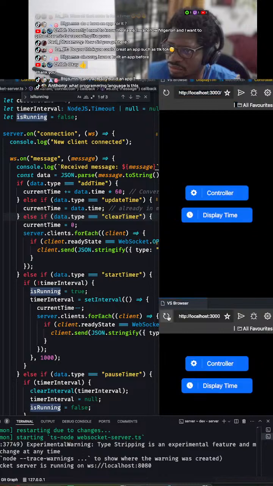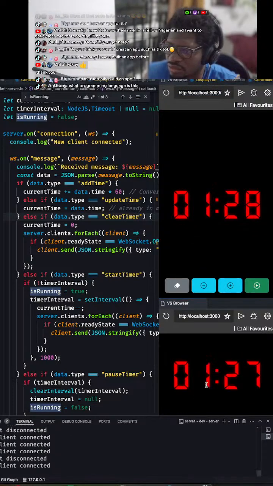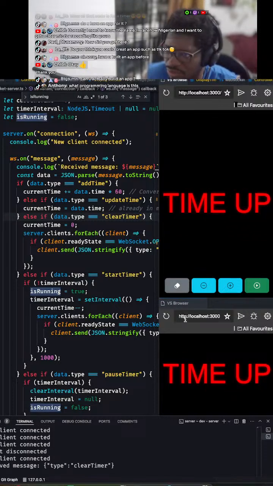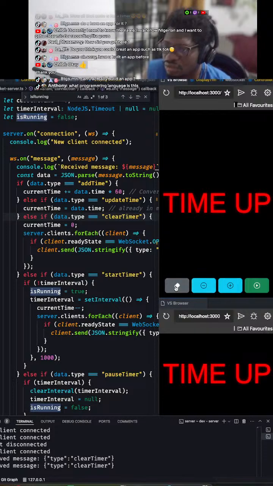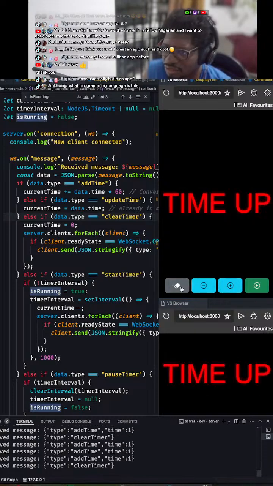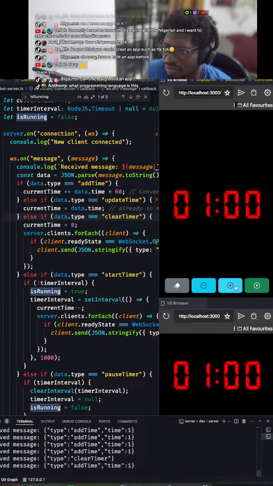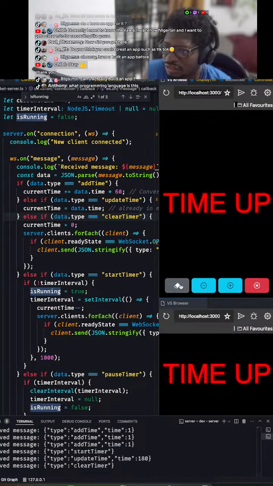the thing is broken. So let's say this is the controller, this is the display, and the clients are connected. I do clear timer, good, time's up. Normally it's just supposed to show 00, but let me just leave it at time's up. So if I do clear timer, add 1, clear timer, good, clear timer, run, and clear timer, brilliant. But if I clear timer, it's supposed to return this. So this is the problem,